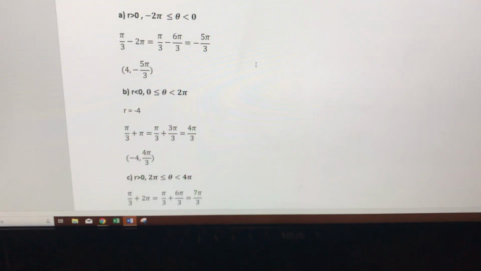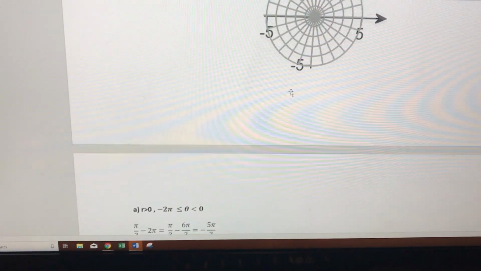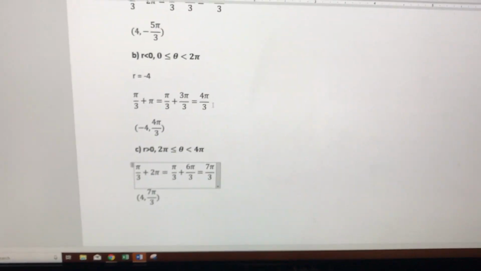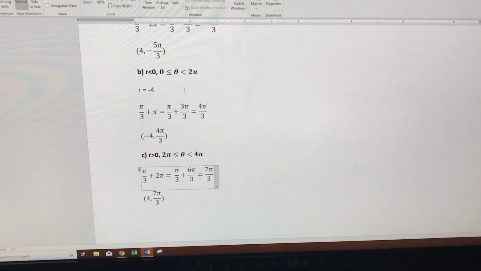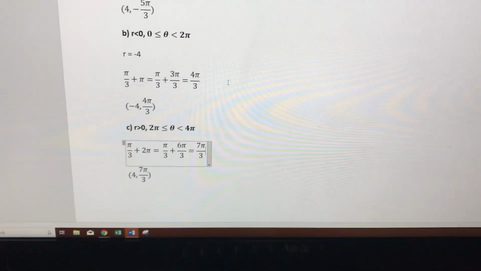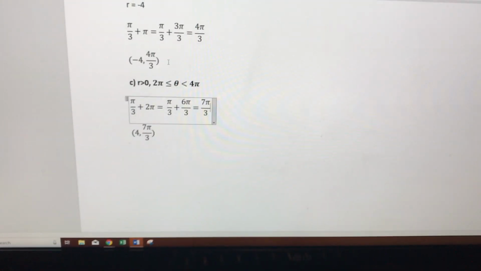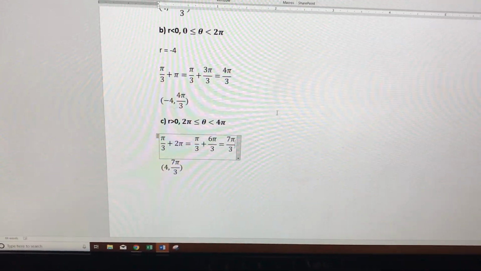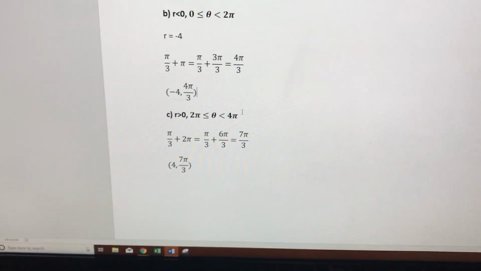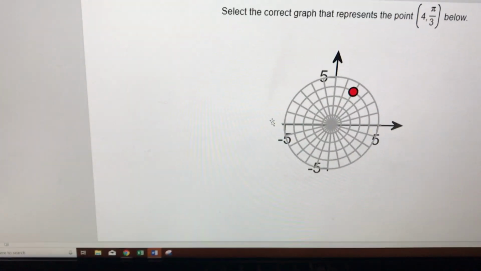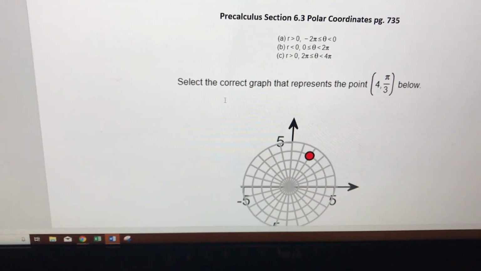So it was the same point, but outside what the question was asking for. So be careful. Look at these intervals. I got that wrong in the homework, but you know, I don't get credit for showing my work. Alright, so part C of this question is